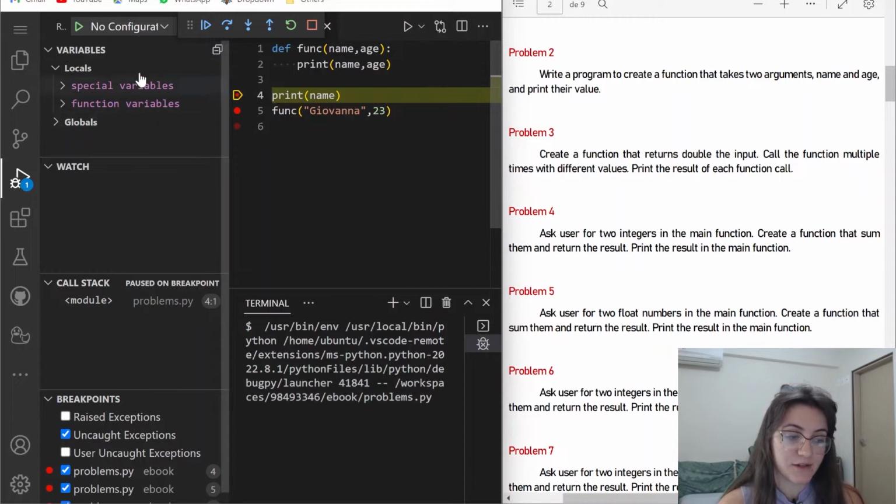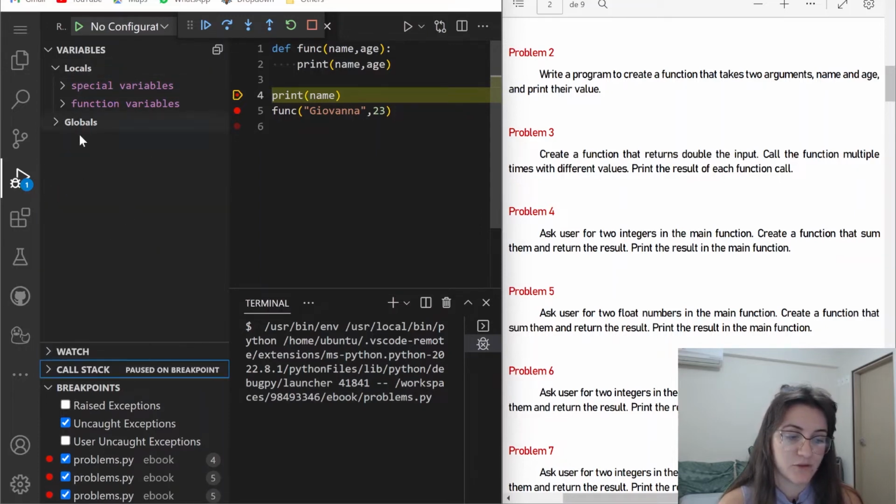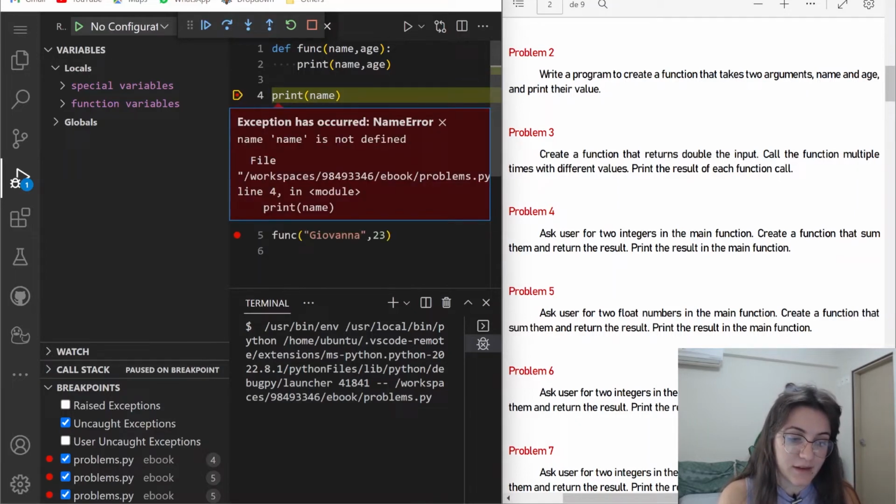So take a look in here. Do we have a variable called name somewhere? No, right? We don't have a variable called name. So this name variable does not exist, and we're going to have an error, okay? This will tell us NameError: name is not defined, so it's telling us that the variable name does not exist. And we're expecting this because name is something that exists inside the function func, but not in our